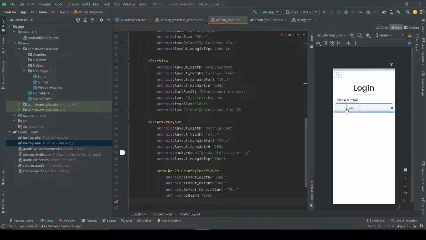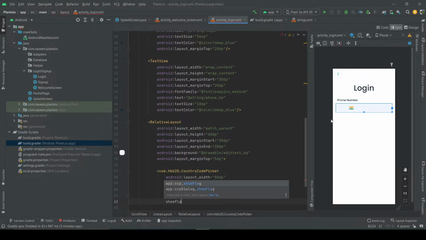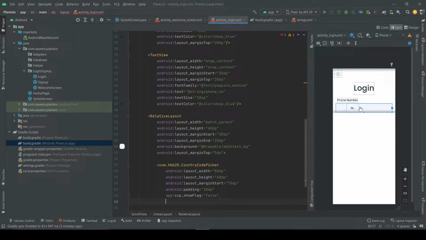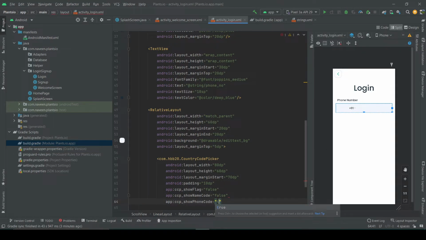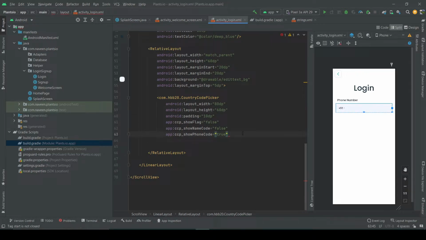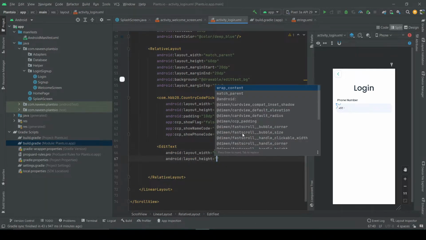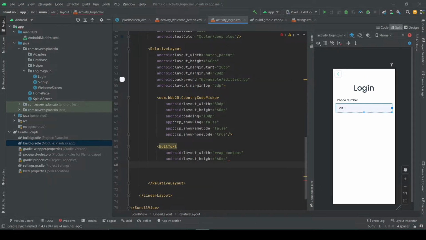Now it shows us a flag, so let us hide this flag. Show flag false, and also it's showing the name of the country, so let me hide that too. Show name code false. Now it shows the country code, so show phone code true. And just remove this margin start. Okay, now it's perfect. Close this tag, and after that create edit text, wrap content and 60dp height,